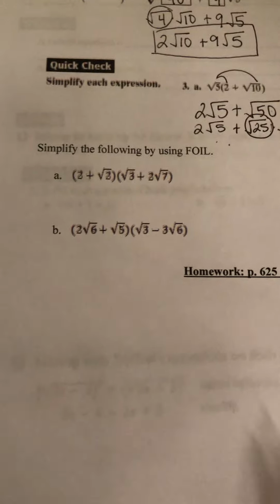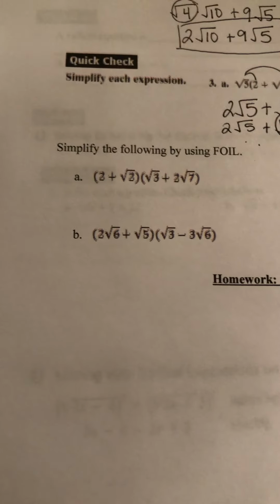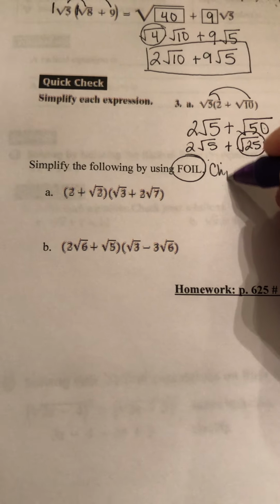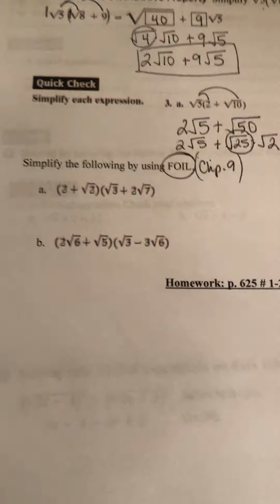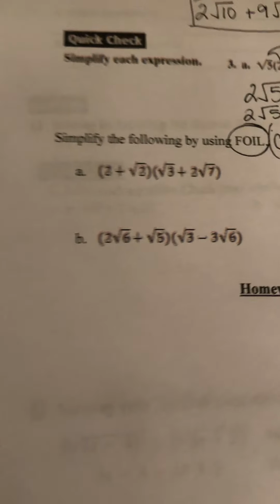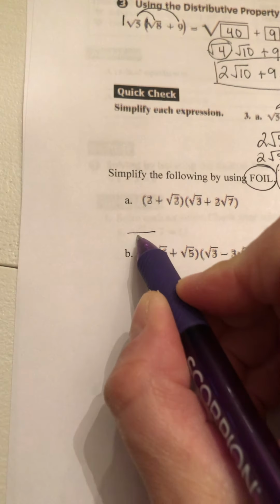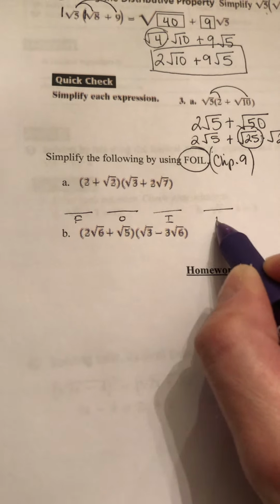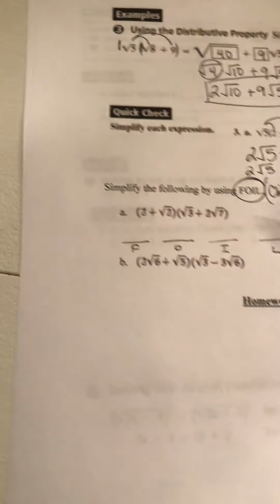Second situation in this part of the section is multiplying two binomial expressions that contain radicals using FOIL. So you remember the last time we came across this was back in chapter 9 when we did a lot of factoring and work with polynomials. So if we go through and show here F, O, I, and L,